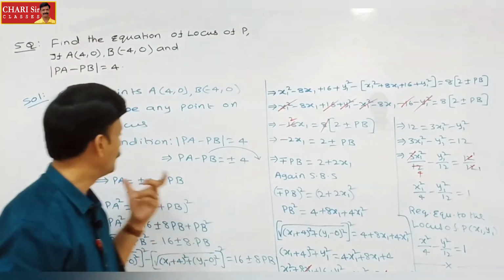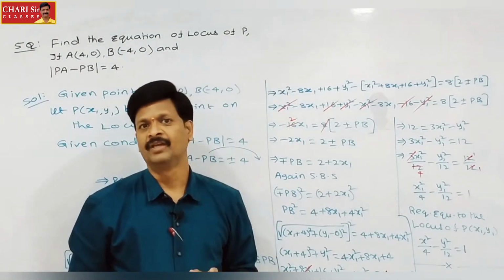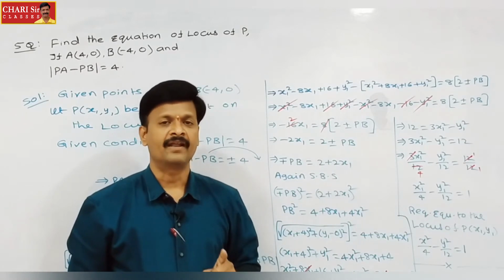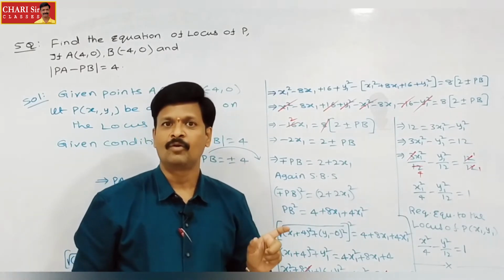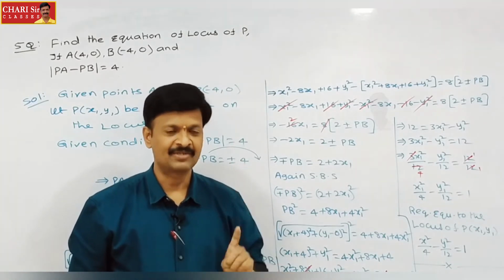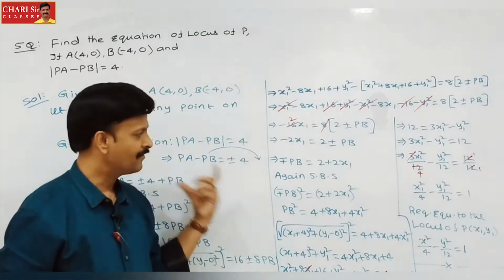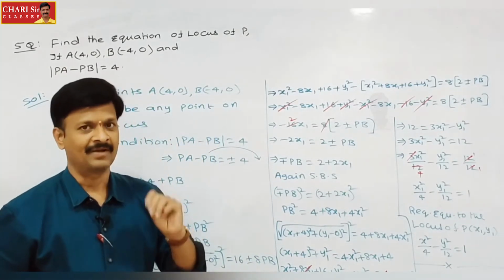Like this you can easily solve all locus questions. Just for one locus topic, give 1 hour of time. Within 1 hour you get this complete locus topic and you can score all the 4 marks. From this topic only one question will be given. That one question you can solve successfully when you spend 1 hour of time, and you can score 4 marks.